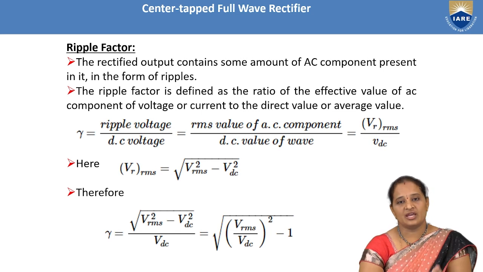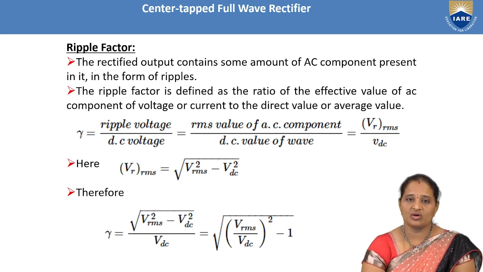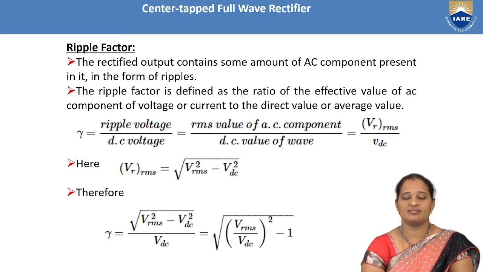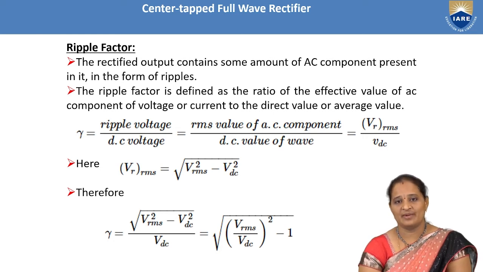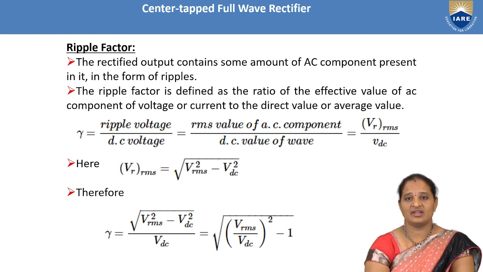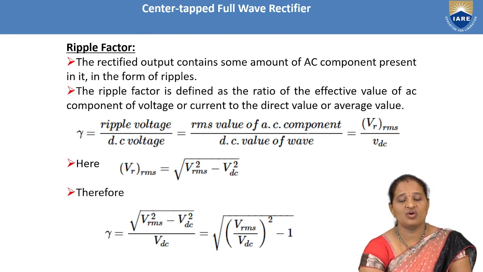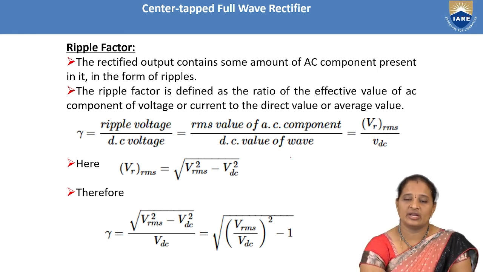That means in the given output, the amount of AC component present can be calculated by using the ripple factor. It is defined as the RMS value of AC components to the average value of output voltage across the load resistor. That means